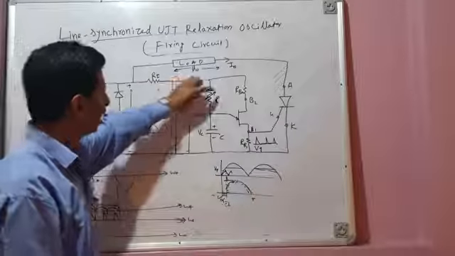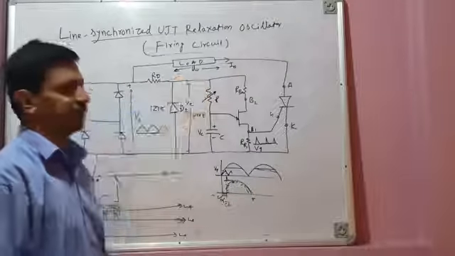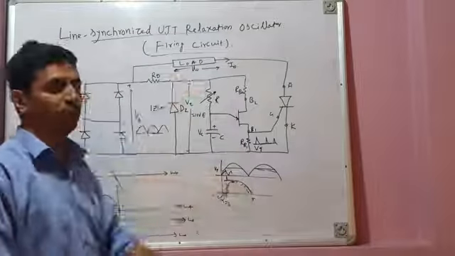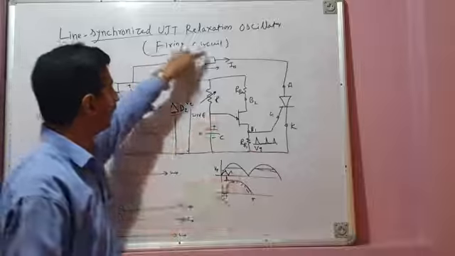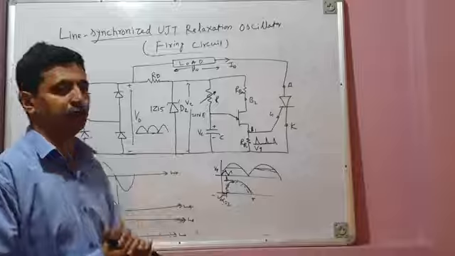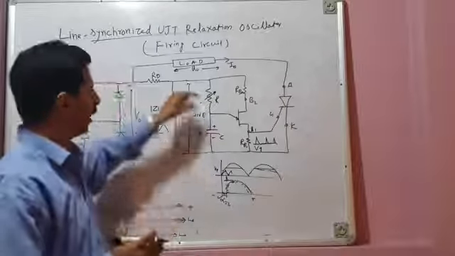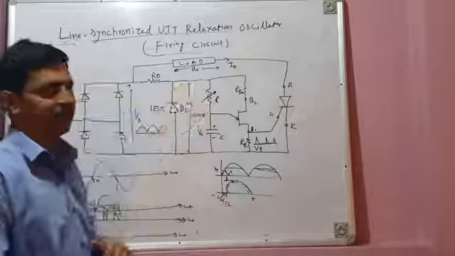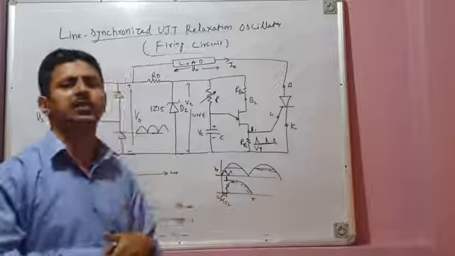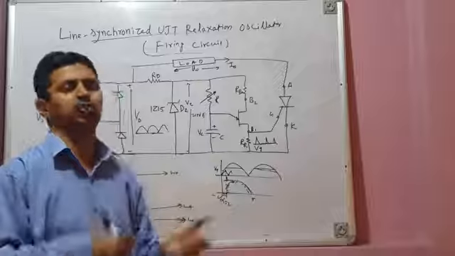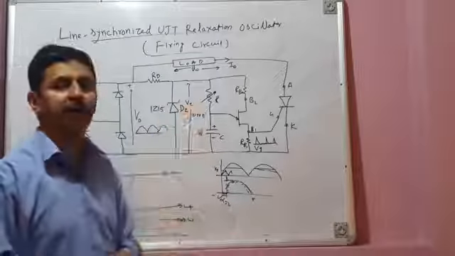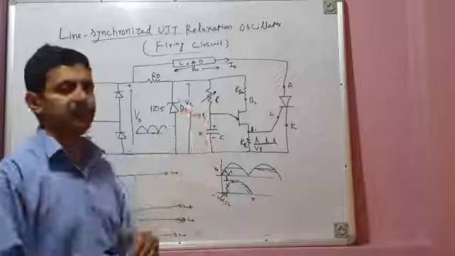So therefore, by increasing R, RC time constant increases, delay angle increases, and average output voltage across the load decreases. And if you want more average output voltage across the load, more voltage segment should get applied across the load, so you have to decrease the delay angle. So how can you decrease delay angle? By reducing this R. By reducing R, RC charging time constant decreases, and capacitor quickly gets charged to peak point voltage, and it immediately issues the firing pulse. So therefore, alpha can be increased by increasing R, alpha can be decreased by decreasing R.